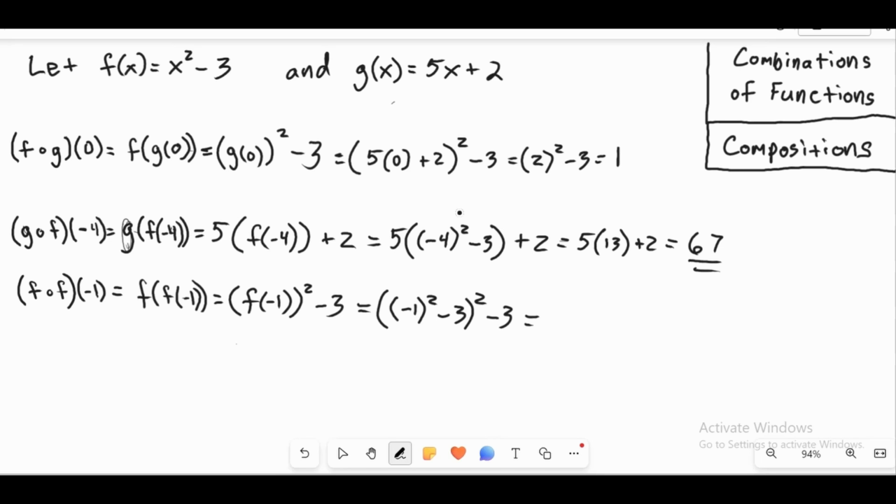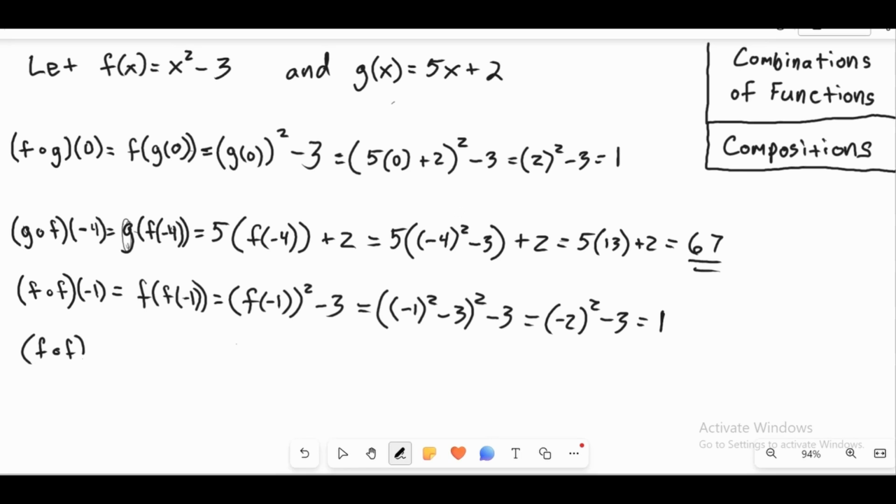And so this is going to be equal to, so we have negative 1 squared is 1. And 1 minus 3 is negative 2. So what we're going to have here is negative 2 squared and then minus 3. Negative 2 squared, well, that's 4. And 4 minus 3 is 1. And so then f of f of negative 1 is 1. Now I want to show you something that I didn't do in the last video that I think would be a good idea. And that is, what if I tried to identify f of f of